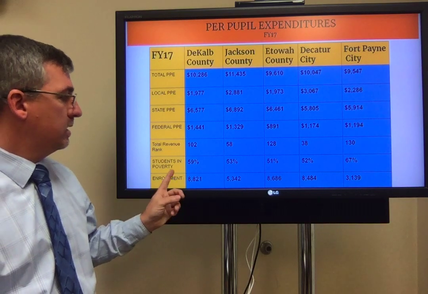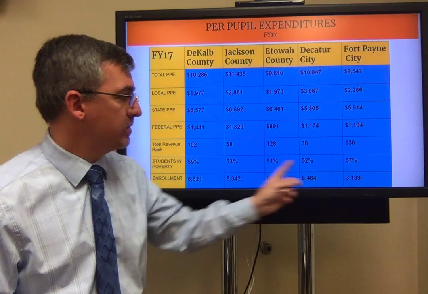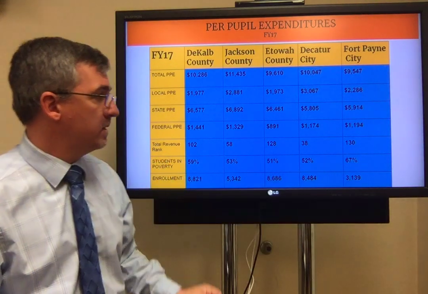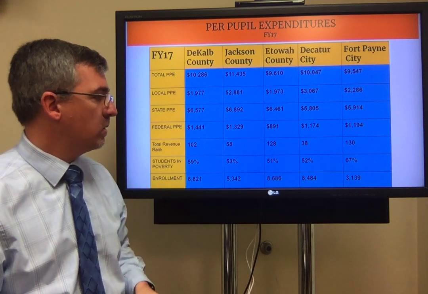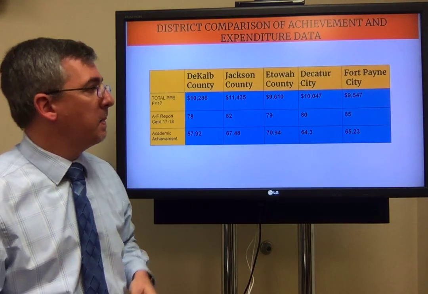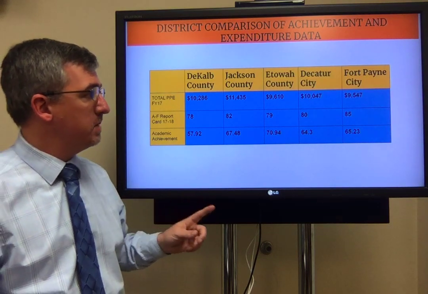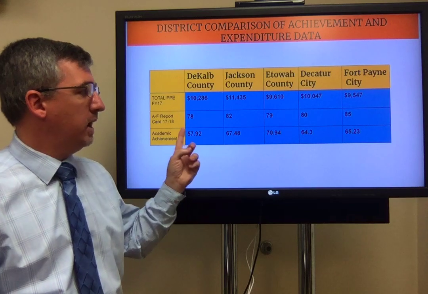You'll notice that the percentage of students living in poverty here is pretty much the same. Fort Payne's is a little bit higher, and Etowah's a little bit lower, but for the most part, the school systems are all pretty close. When we take that same information, how much we're spending per student, and then we compare it to the A